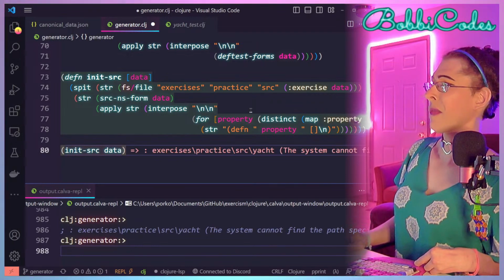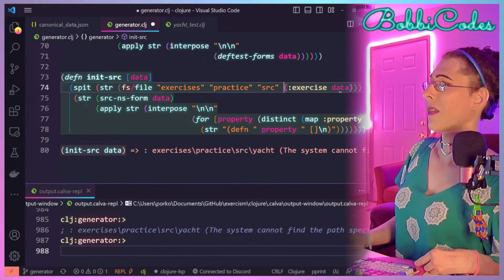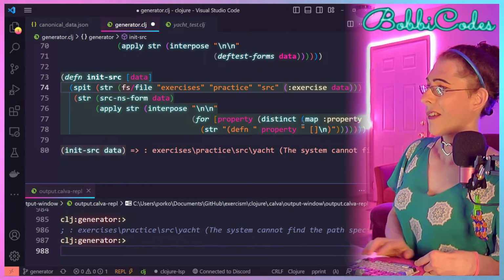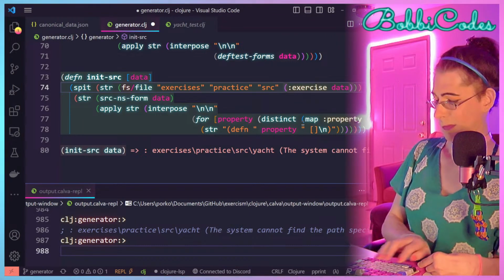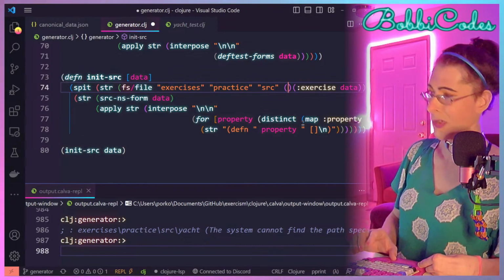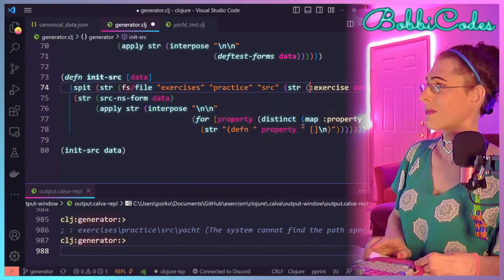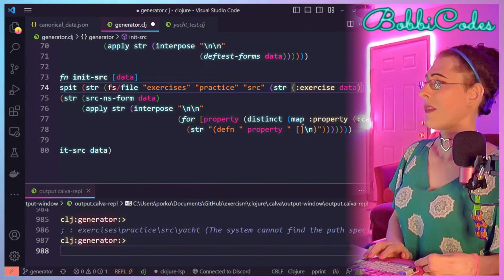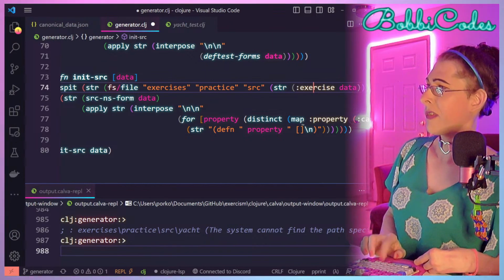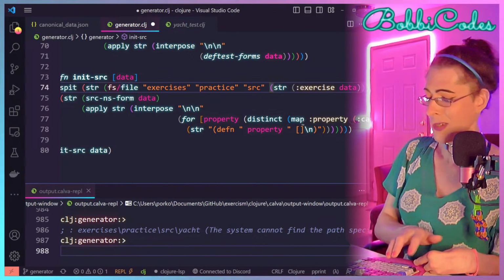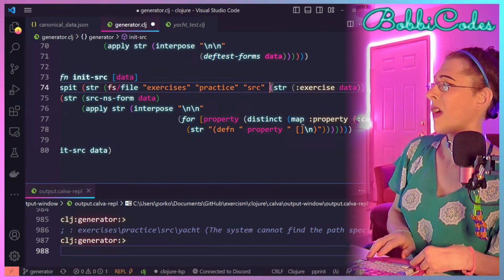Okay, cannot find the path specified. Oh, yeah, that's not right. This needs to be a file. It will be the exercise. And also, we're going to have to be able to handle file names that have hyphens in them, which have to be converted to underscores.